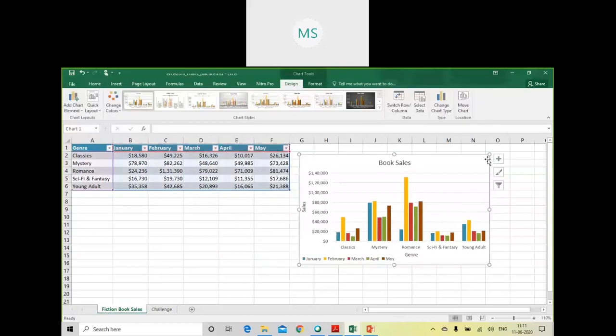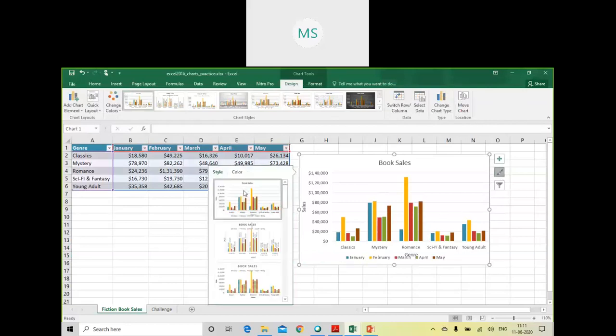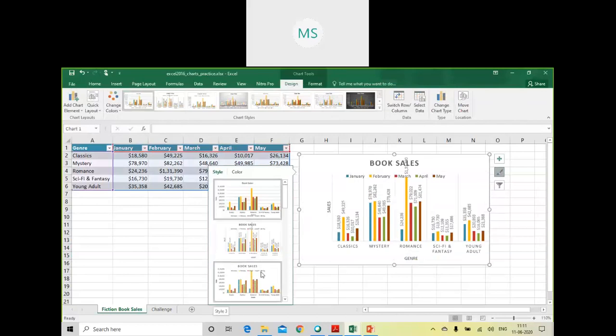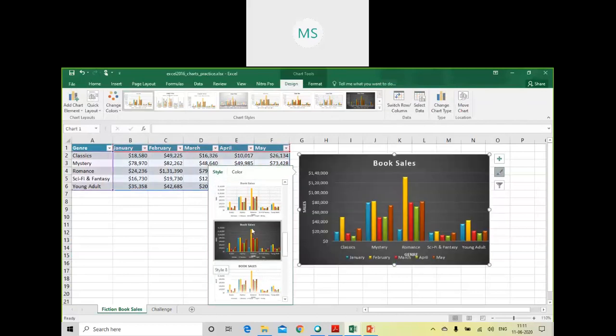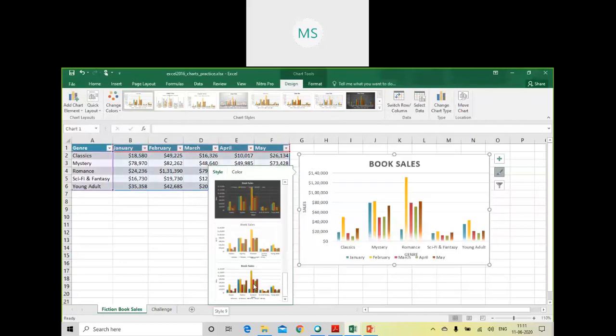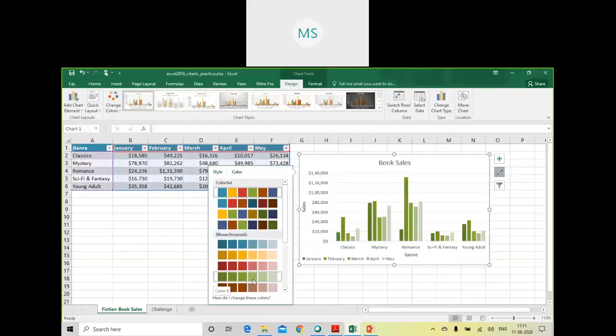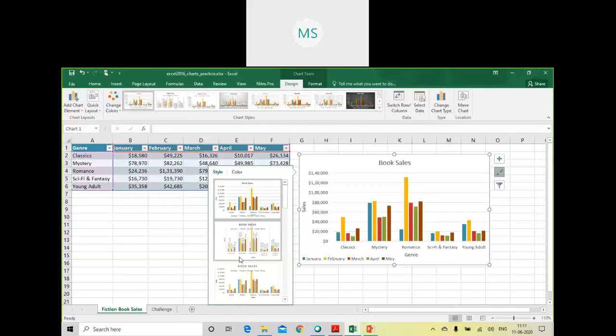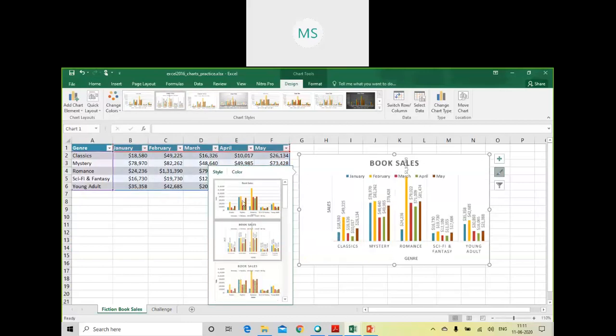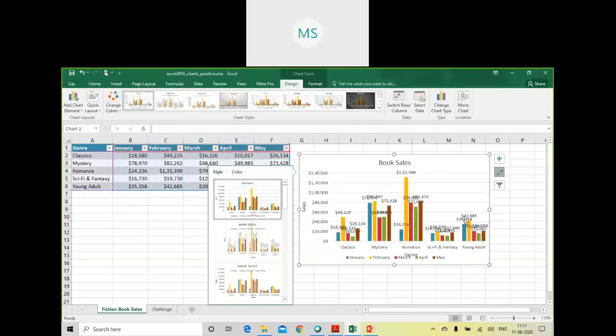Then another option allows you to select various style and color options. These are the various style and color options you can choose from for your chart, and then you have these particular styles of charts.